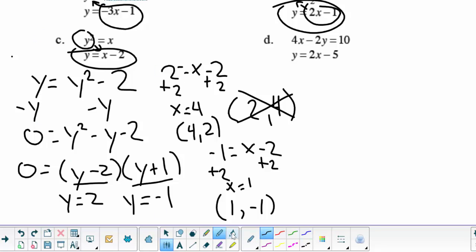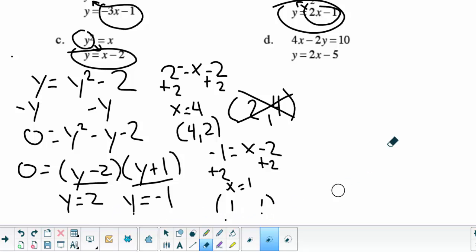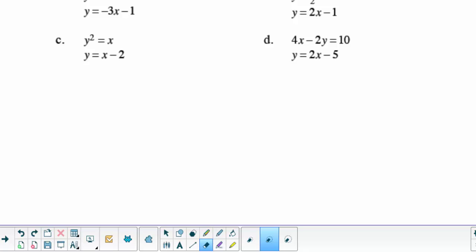Remember, a quadratic makes a U, so we could have two intersections there. All right, so let's get the eraser out one more time. So the next one here